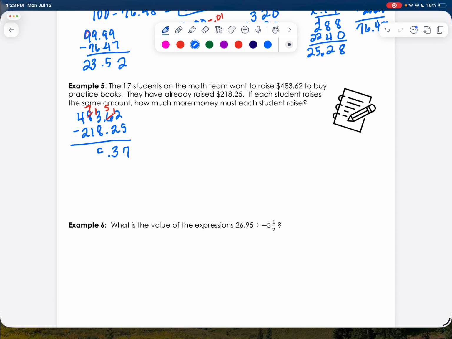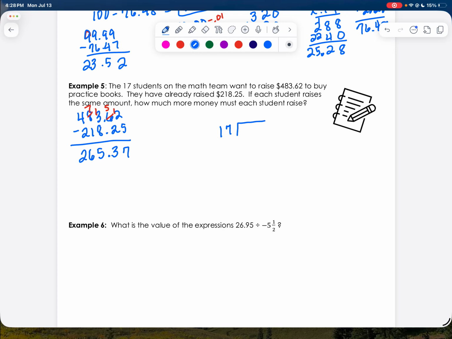13 minus 8 is 5, 7 minus 1 is 6, 4 minus 2 is 2. So they need to raise $265.37. So there are how many students? 17 students. So I want to know how many does each student need to raise. So I'm going to take 17